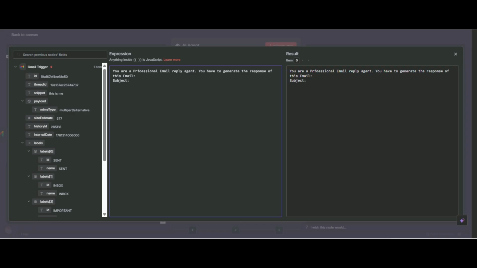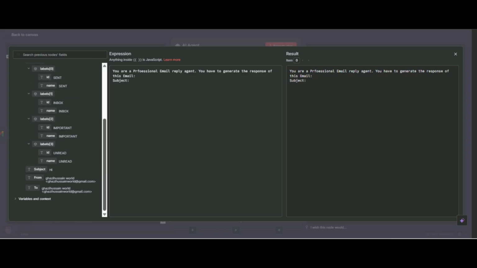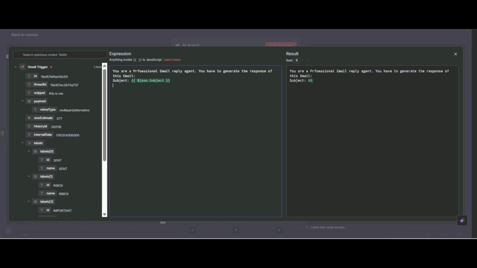So where is our subject? You can see here is the subject, so drag it here, and now we have to give the body. You can see there is a snippet, there is me, where our body is written.